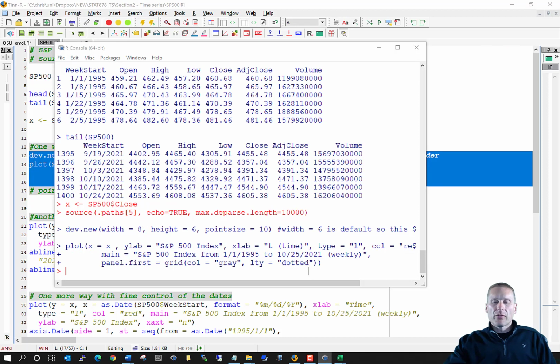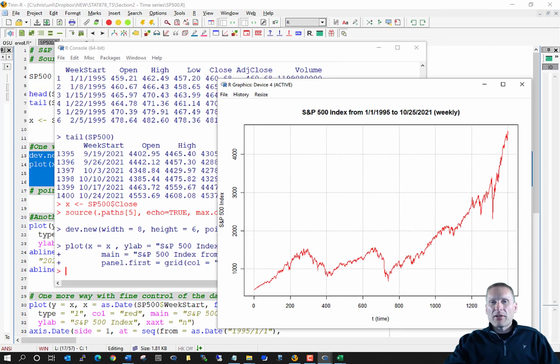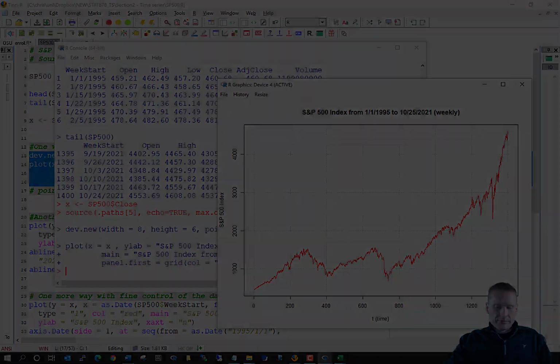Let me go ahead and move this over here. I did not put the points on my plot because we have over 1,400 points and it really clogs up the plot itself. So instead I use the type equal L argument to just plot lines that connect the actual points or where the points would be. And so this is what we see here. And so we see some, again, trends over time in this plot here. Once we get past about time point 700, we can see we have a definite strong upward trend.